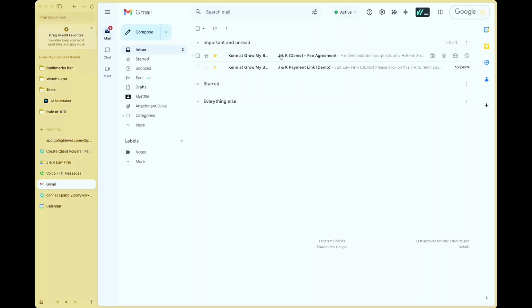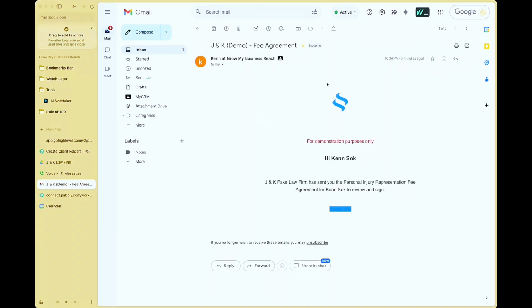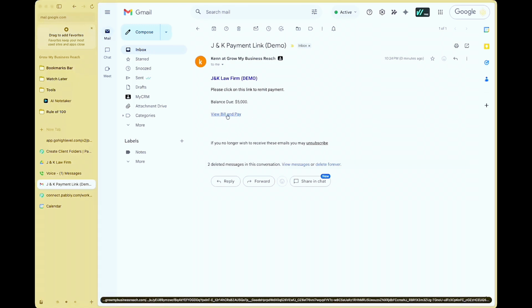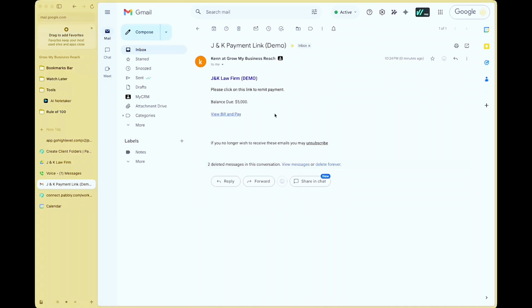See, we've gotten 2 emails now, one for the fee agreement and then another one for the payment link. Now click on the fee agreement, and as you can see, this is for demonstration purposes only. We're using e-signature here, but you could use anything, whether it be DocuSign or another digital signature service. So I'm gonna go back, and now I'm gonna click on the payment link. And again, this is another fake one through LawPay, and of course, this will be a fake payment link. And then once they click this button, and they remit payment, then some automations will run, and here's where